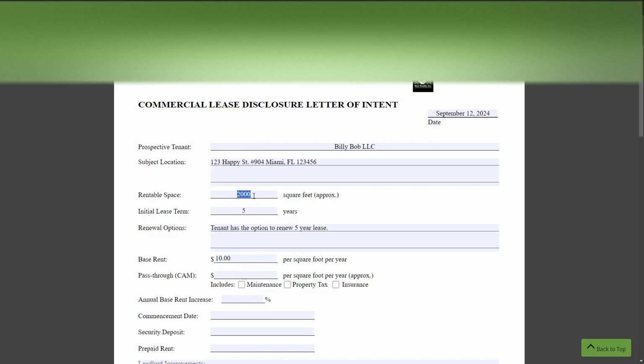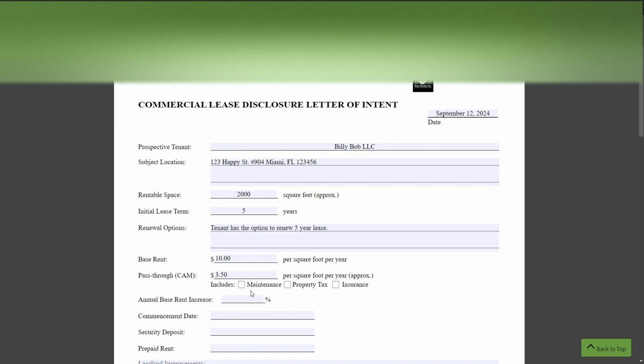So off of this 2,000 square feet that we wrote here, let's say the CAM fees are $3.50 a square foot. Could be any amount. Could be $1.80. It really just depends what the CAM fees are in the community. And then, once again, you'll have to do the arithmetic of multiplying it by the square footage, dividing it by 12 to get a monthly amount, if that's what you're looking for, to see how much it is per month.